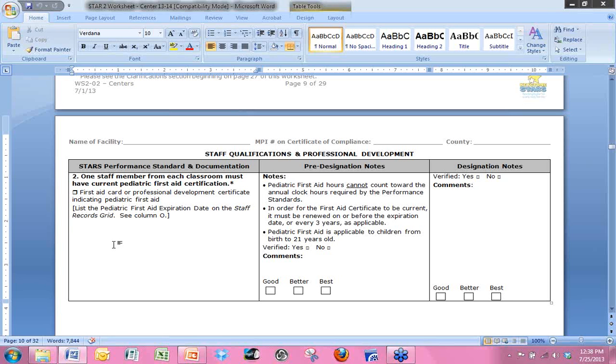take, and I'll add that to my list of things to send out to you guys. That way you don't have to go looking for it. I'll just send it to you. Just some off the top of my head are American Red Cross, American Heart Association. So there's a list of ones that we do accept, because anybody can give a first aid training and say